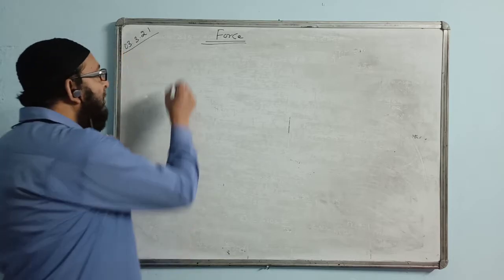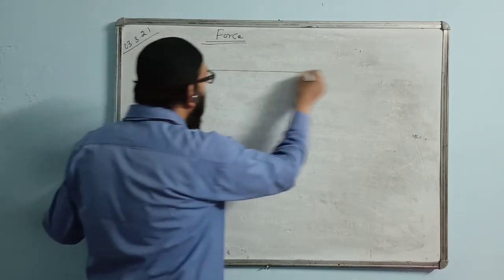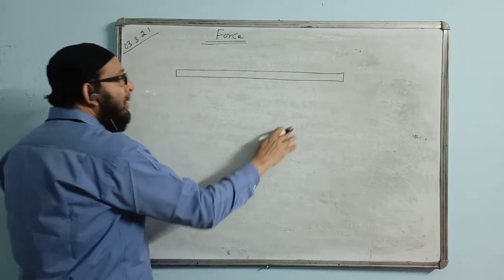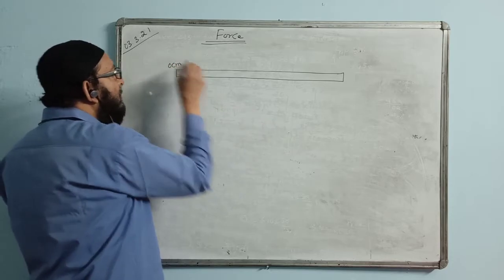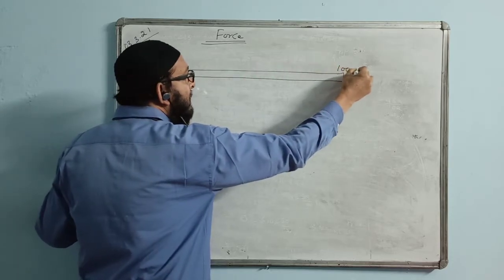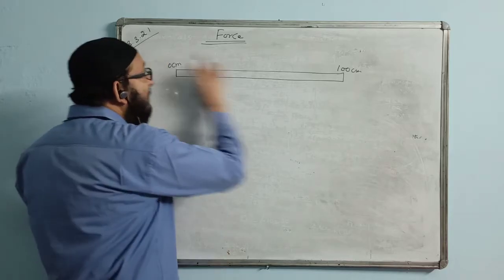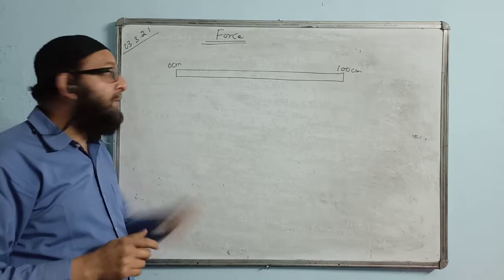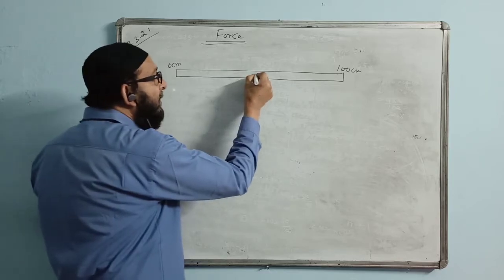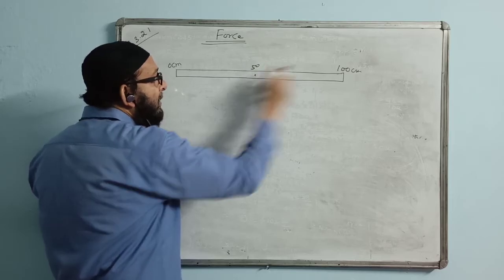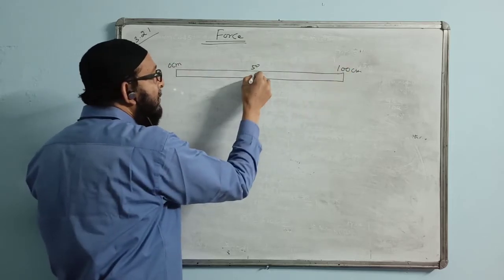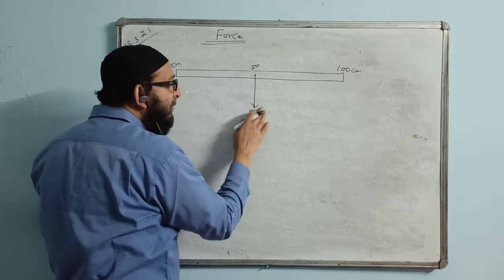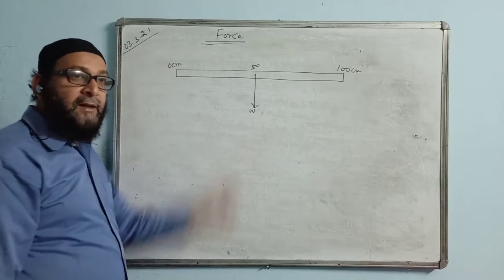Two questions. A uniform meter rule is said, so I draw the uniform meter rule first like this. The uniform meter rule will start with 0 centimeter and end at 100 centimeter. The weight of the ruler will be acting here at the center of gravity, which is the midpoint. The midpoint is 50. Here it is 50. The weight of the entire thing will be acting here. The weight of this one is either given or we have to find it. The question will ask you. This is not given, you have to find that.